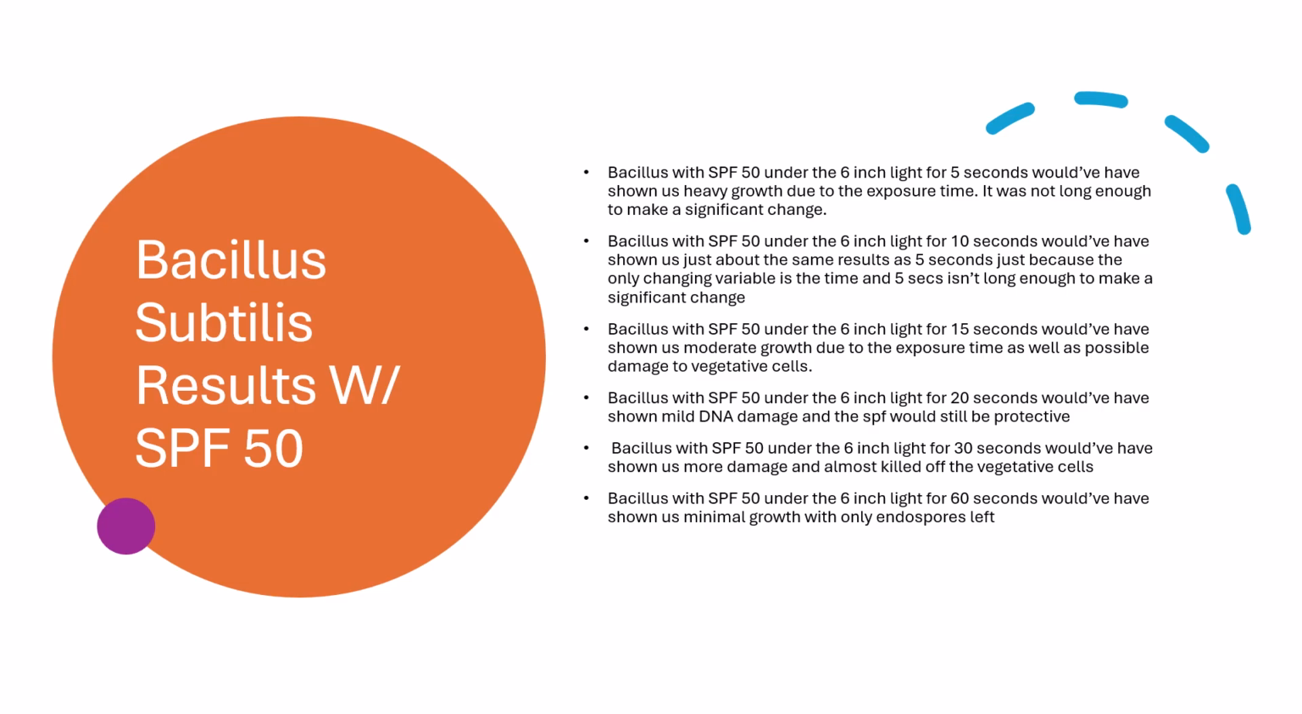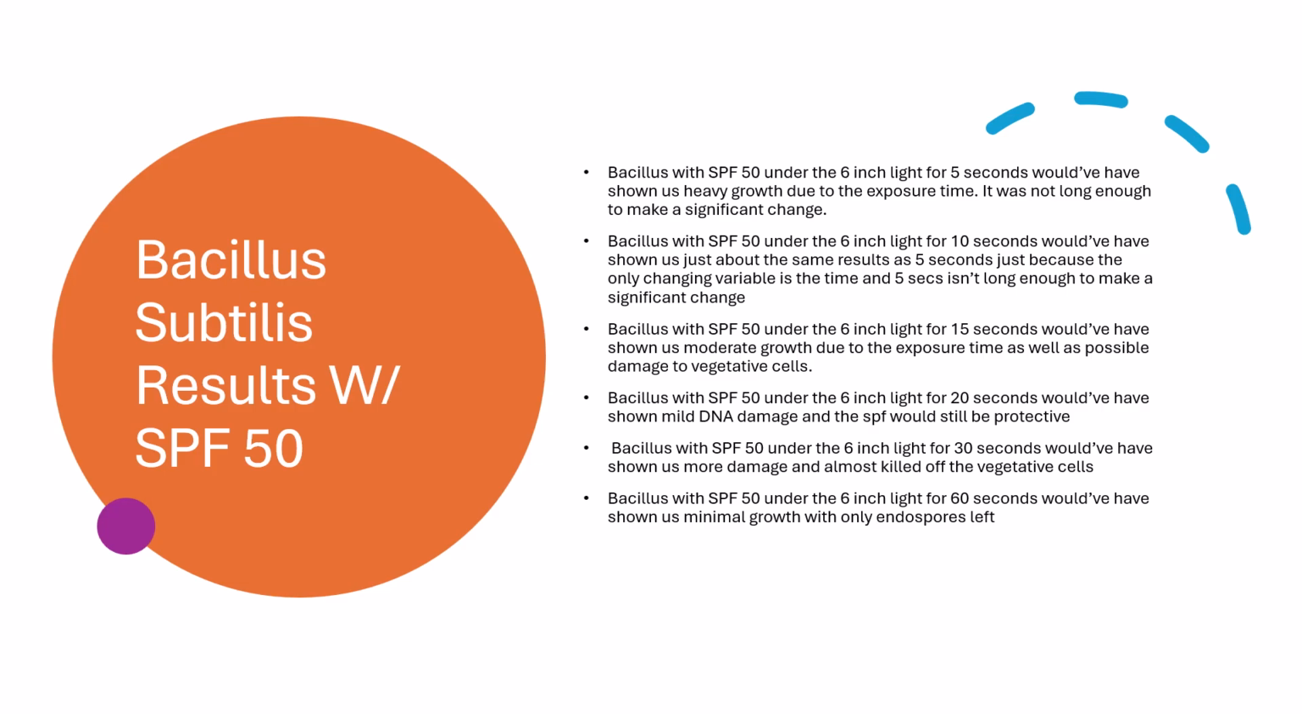We see the same trend with 10 seconds. It still is going to show us heavy growth and good colonies. The SPF is still going to be there protecting, holding up strong. And then Bacillus with SPF 50 under the 6-inch light for 15 seconds would have shown a tad bit of a decrease in bacterial growth, but we're still getting moderate growth and maybe some damage to vegetative cells,